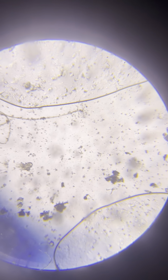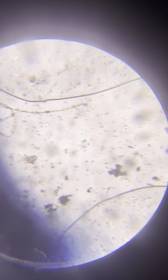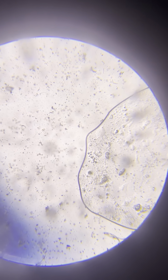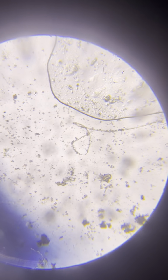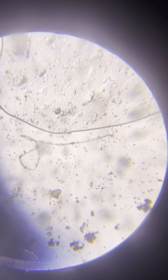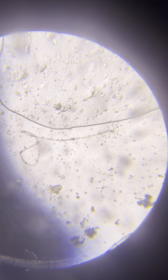So we see fewer life forms than before, but this actually makes sense. It was already demonstrated that the most impressive ones were seen in the first examination, taken maybe 2 or 3 weeks after we prepared the saltwater container, and after that we've seen degradation. But it makes sense because